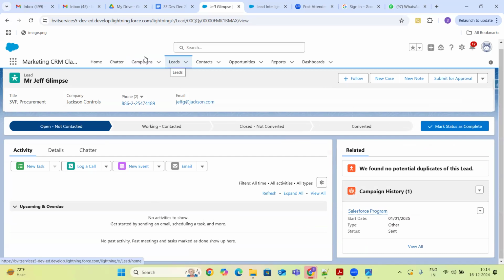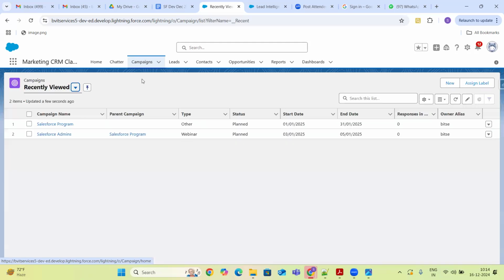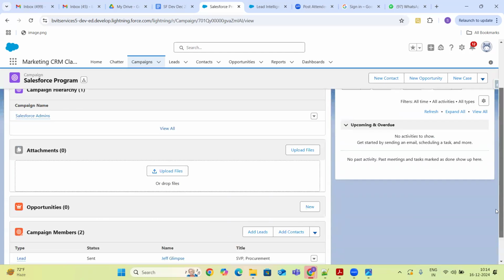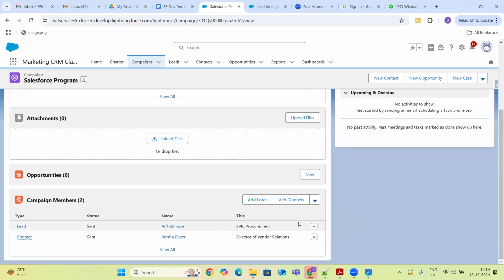Okay, so I can go to the campaigns. I'm going to that particular campaign's members. There is an option of manage campaign members and import leads and contacts. Whenever you would like to import 100 records, that is the time we use import leads and contacts.